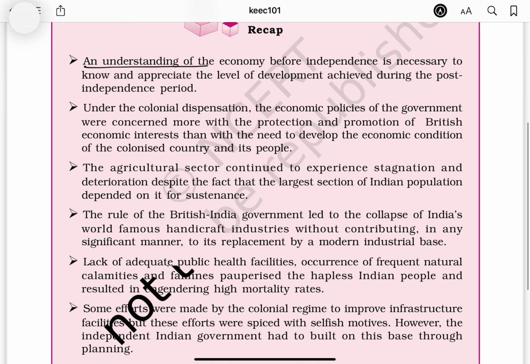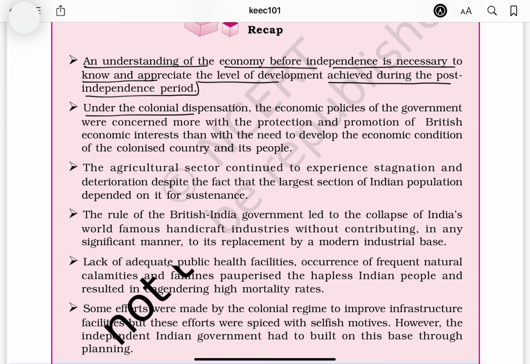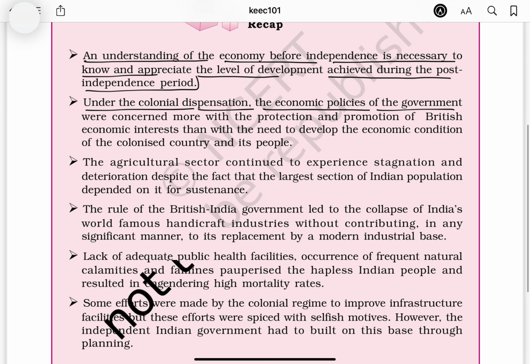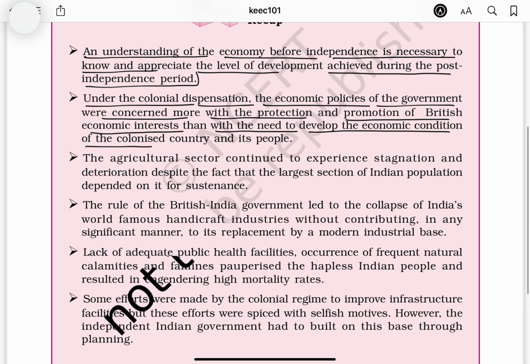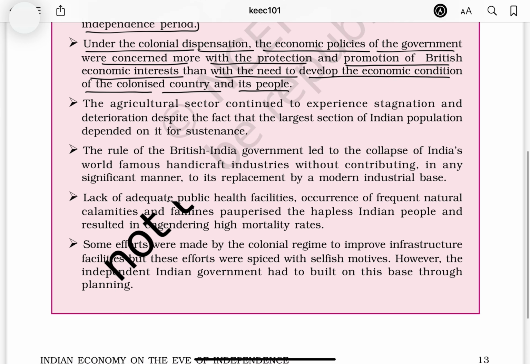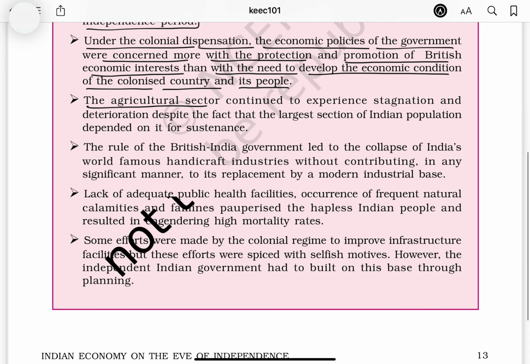Recap: an understanding of the economy before independence is necessary to know and appreciate the level of development achieved during the post-independence period. Under the colonial dispensation, the economic policies of the government were concerned more with the protection and promotion of British economic interest than with the need to develop the economic condition of the colonized country and its people. The agricultural sector continued to experience stagnation and deterioration despite the fact that